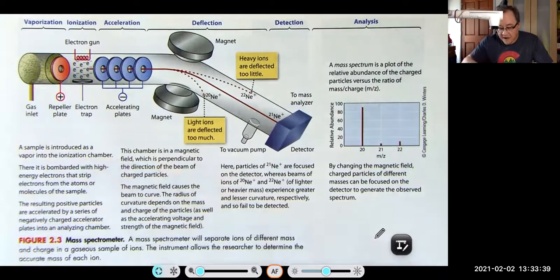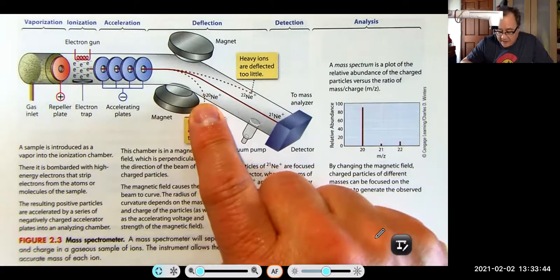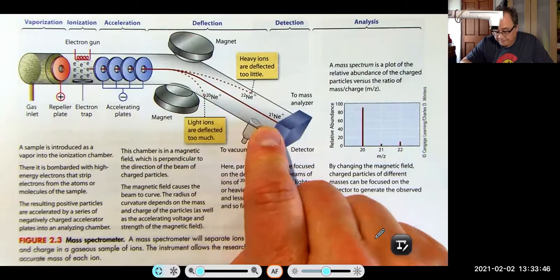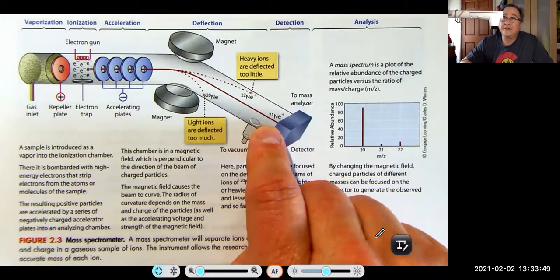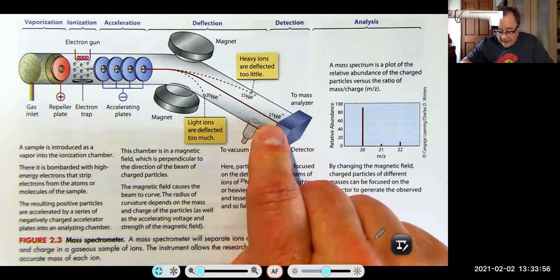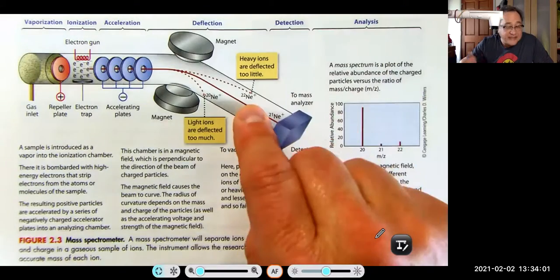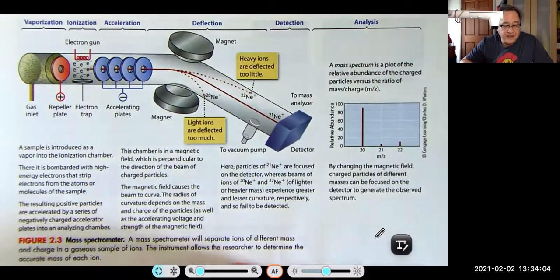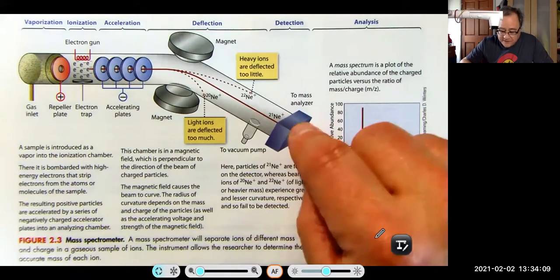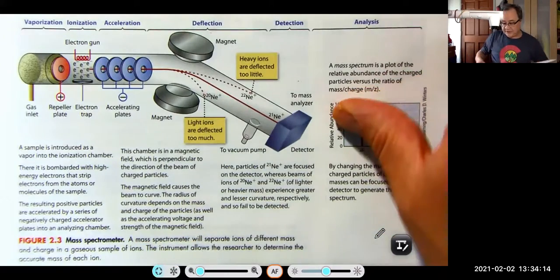And you might get that 5 million 20s hit in those 10 seconds. You get 25,000 21s hit in 10 seconds. And then you get 50,000 22s hit in 10 seconds. That's the kind of data that you plot. So by leaving the detector on for the same amount of time for each different mass, you get the relative amount of each. So let's take a look at that example